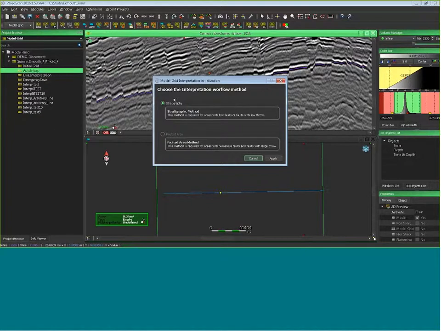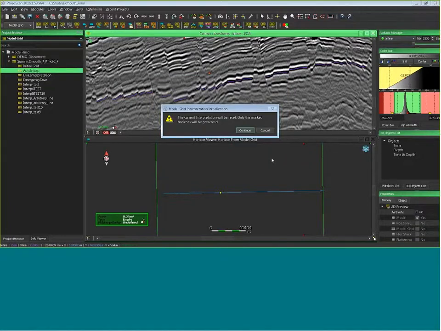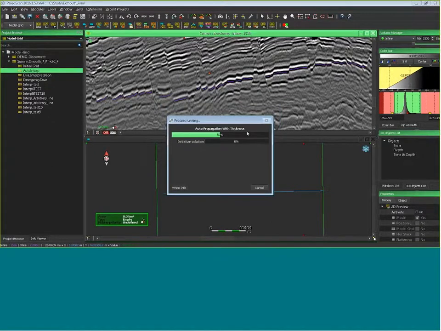You have 2 different types. I will show you for faulted area, but in fact, it's based on the thickness of your horizons. If you have layer cake environments, you can use it in different cases. We'll just use the faulted area. I click on apply. You have a warning message about the effects of this workflow. I will disconnect everything except the marked horizon, the one I have done just before. Then I will explain during the computation, and then I will do an automatic propagation for the full grid, but with a very high correlation threshold.